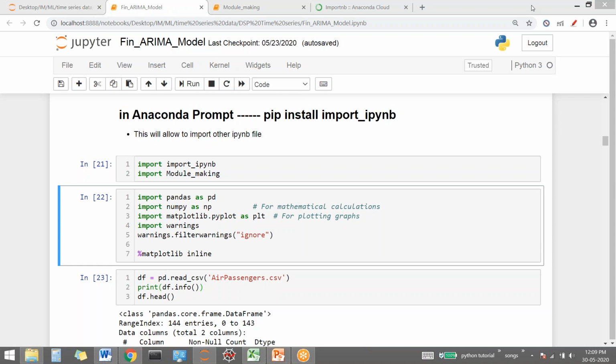Does anybody have any confusion about how a package will be installed? We did it already. Still, is anybody having any confusion about how to install a package? Once you're done, please tell me.